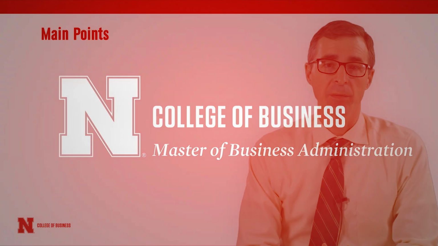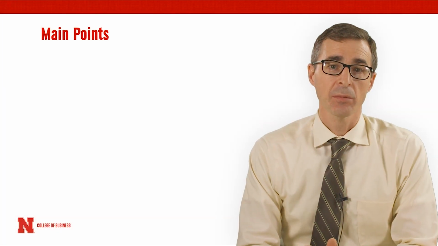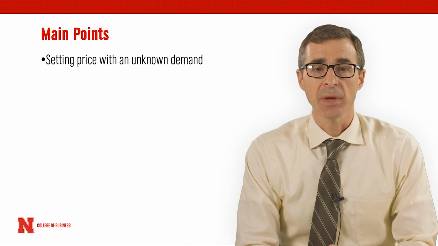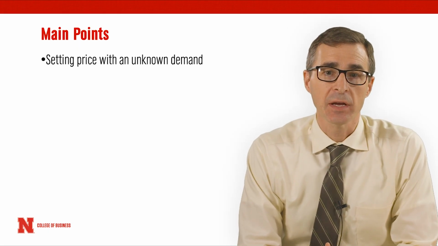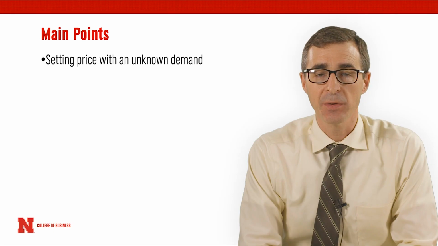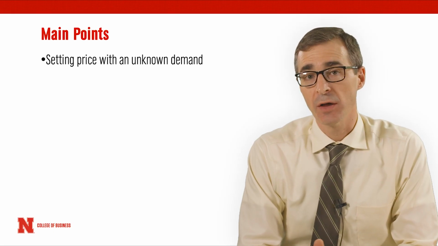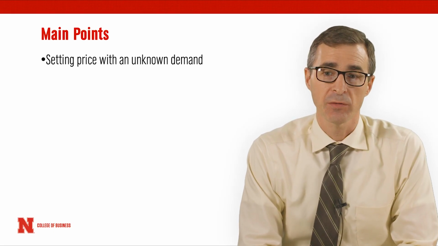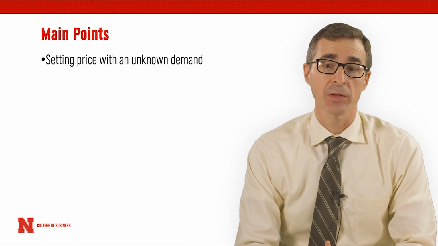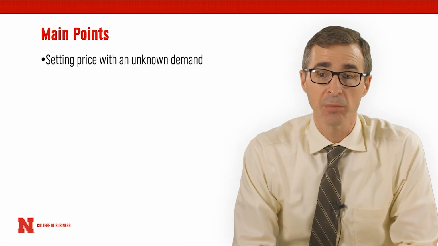In this lecture, I'd like to talk about two aspects of pricing, revenue management and promotional pricing. Some of the main ideas here. First idea, setting a price with an unknown demand can be difficult and really requires balancing the costs of underpricing and the costs of overpricing. If the costs of underpricing are smaller on average than the costs of overpricing, then you should underprice on average